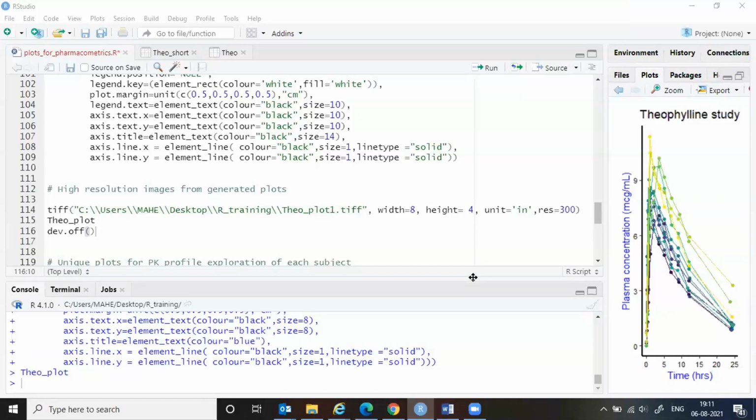Actually, regarding this ggplot, can we create a separate panel within this panel, especially for the time points 0 to 1 hours, because it is very clumsy there? In the sense, what you are asking is 0 to 1 hours, you need a separate panel that should be present in this graph itself, so that we can see the values. It's like a plot within a plot, something like that.